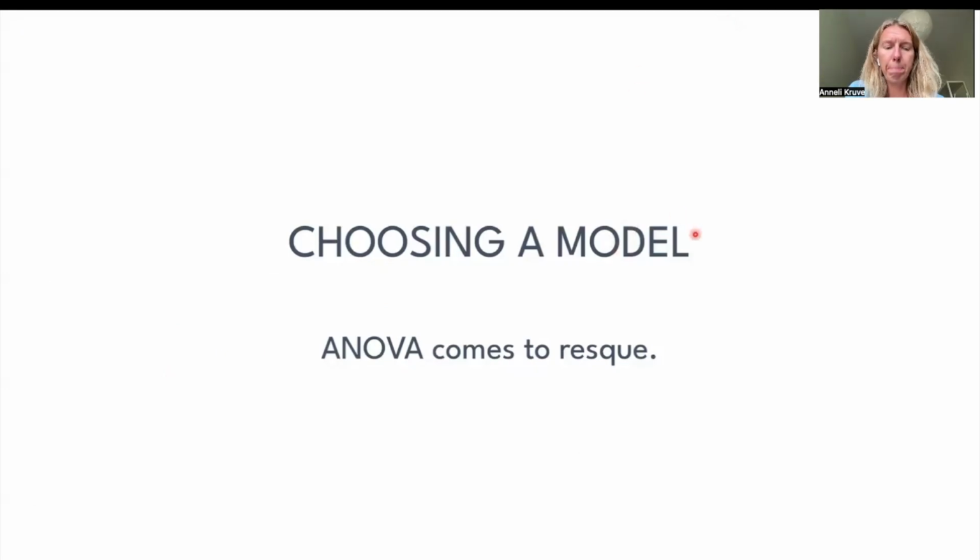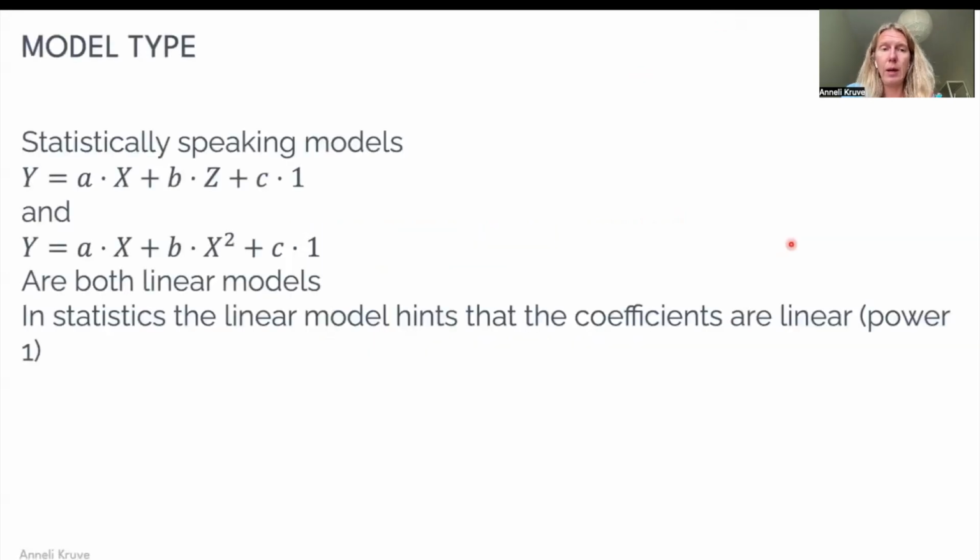To go a little step further, we can also use analysis of variance type of thinking in choosing different models. But let us first clarify a little bit of statistical terminology. Namely, when we have one measured, let's say, intensity or signal that we would like to associate or test modeling through different parameters, here X, Z, and maybe some coefficient in addition, so the intercept type, or we would like to